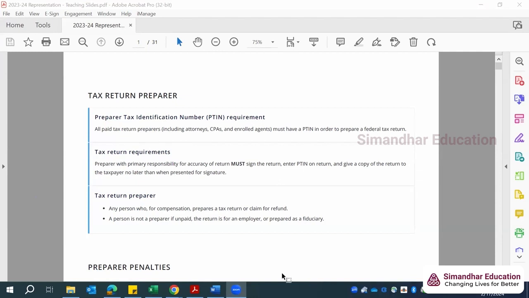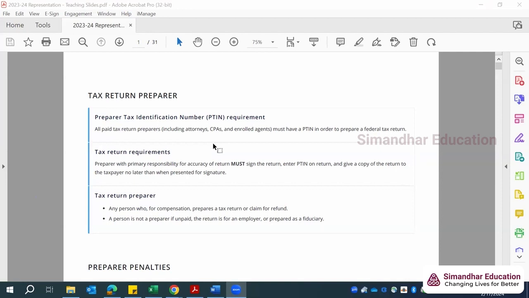All paid tax preparers, including your attorney, CPA, and enrolled agent, must have a PTIN in order to prepare a federal tax return. So that's mandatory. And if you don't have a PTIN, and if you don't sign on a tax return, then there are penalties associated with it. What are those penalties? We will cover it in the next class when we discuss the